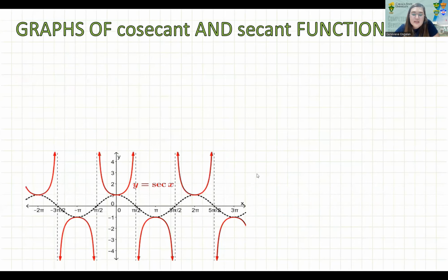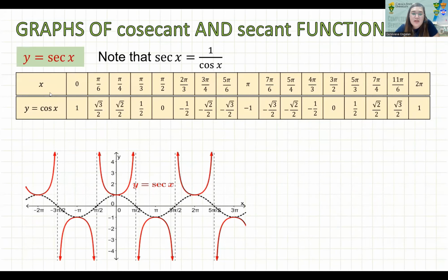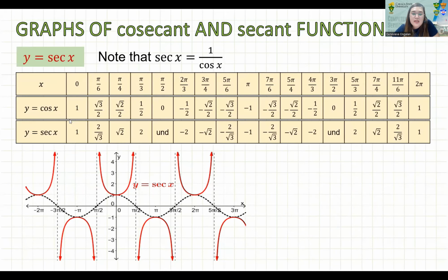Okay, ang secant is 1 over cosine. So mao na ang values niya. So diri pod, no? So ma-zero man ang atong cosine sa pi over 2, sa 3 pi over 2, sa 5 pi over 2, sa 7 pi over 2, no? Ma-zero siya dira. So pag i-reciprocal na nato 1 over 0, that is undefined, no? So pasabot dito sa mga divisible by pi over 2 or mga multiples of